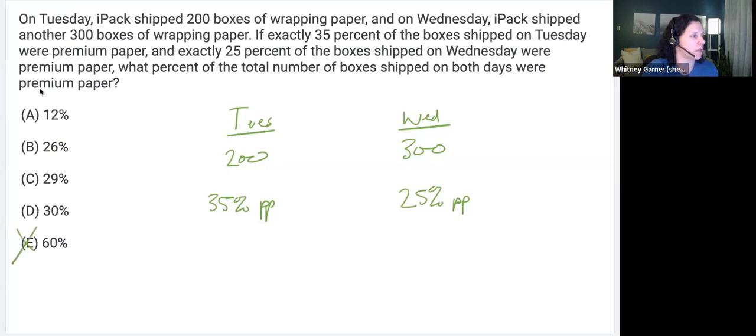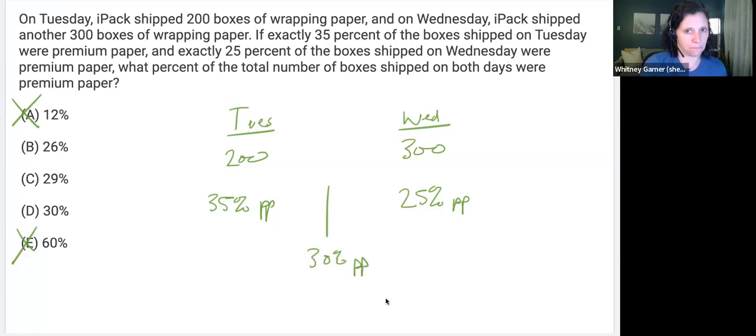So I can get rid of E and I can get rid of A. But with weighted averages, I can also look at this space as, if Tuesday and Wednesday were the same day, meaning I had shipped 300 on both days or 200 on both days, then the average would be a straight average. It would be 30%